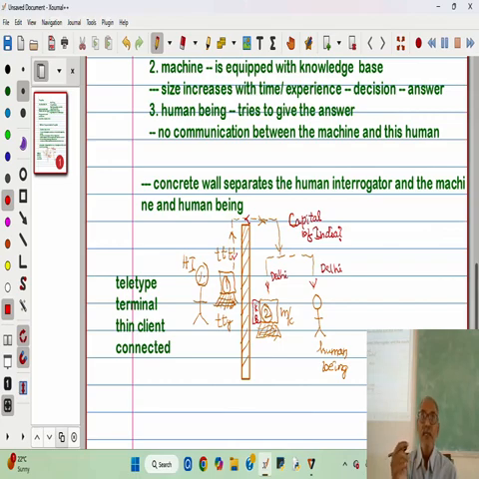Are you with me? Definitely the human being is intelligent. Might be the question is very simple, the human being might have answered that. But how about the machine? It also has answered it, maybe by virtue of the knowledge base that is associated with it. Are you with me? So the point here is that